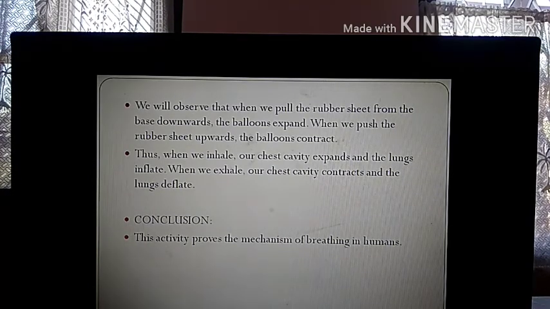Okay, am I clear? So you go through the activity properly again, write it in your copies and definitely it will be clear to you. Okay, so we'll continue with the explanation in the